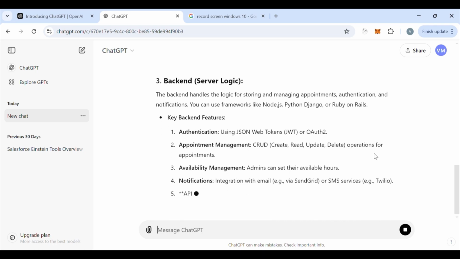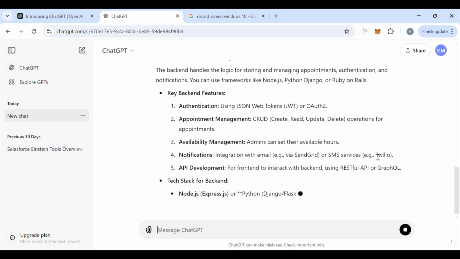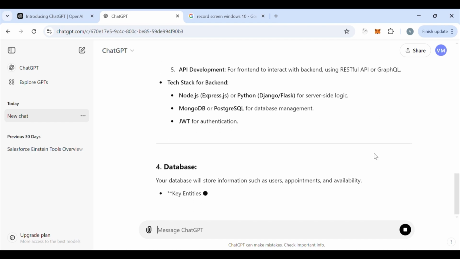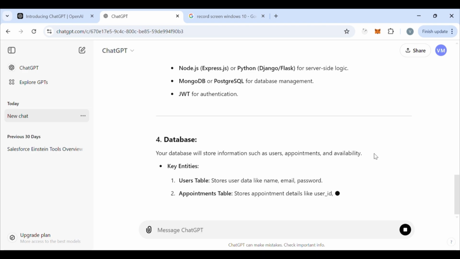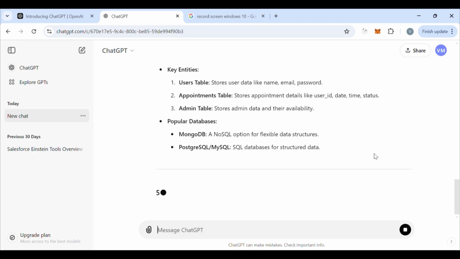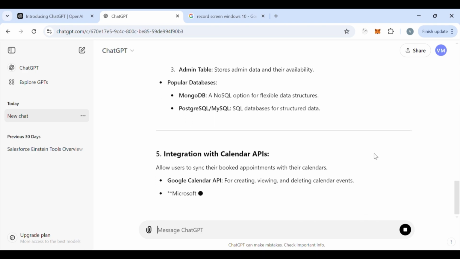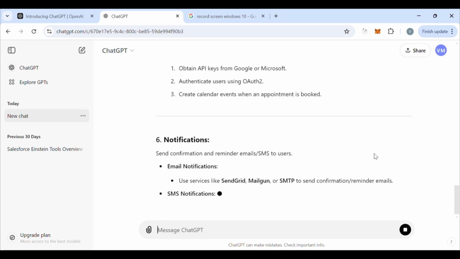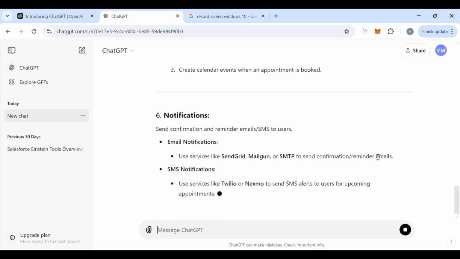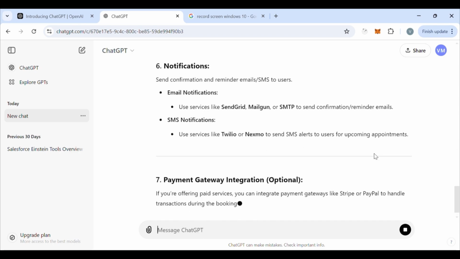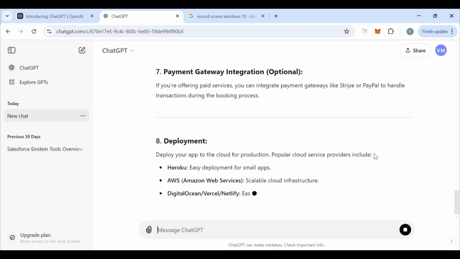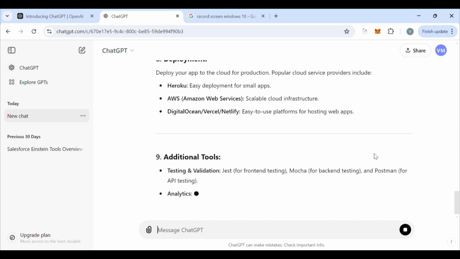authentication, and I'm not going to focus on the notification part. The tech stack I'm going to use is Mongo, Node, and React Native for the front end, with MongoDB. I'm also planning to generate the visual screens using AI for the mobile app. And I'm not going to focus on the calendar API and notification part either. But it's really nice that it came up with that. I'm going to build a very simple MERN stack application, which is going to be a proof of concept